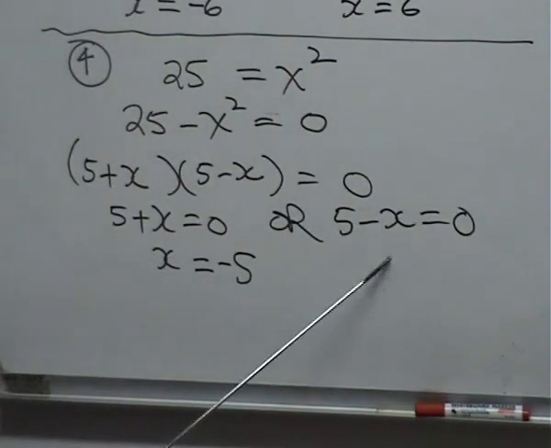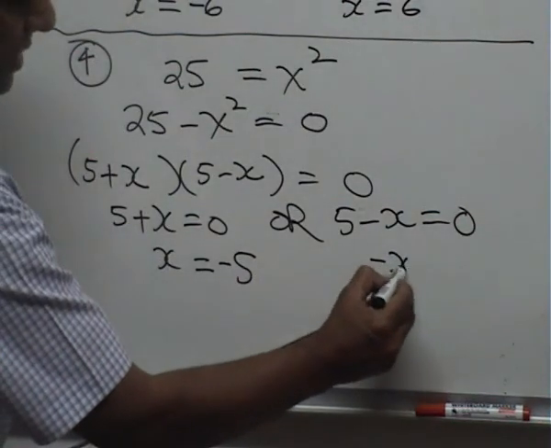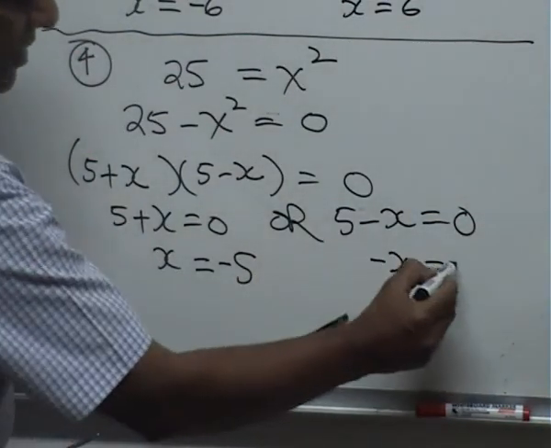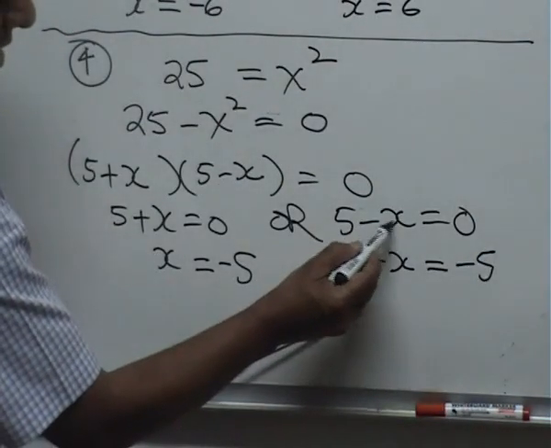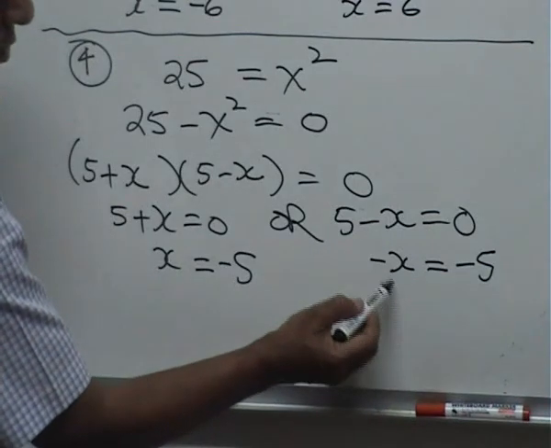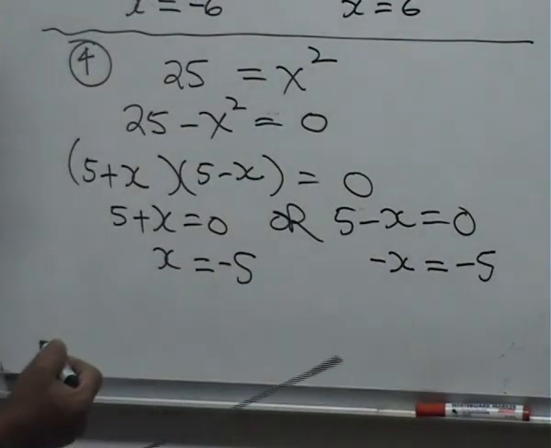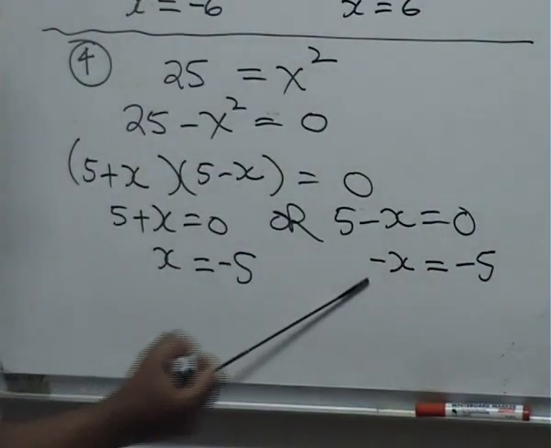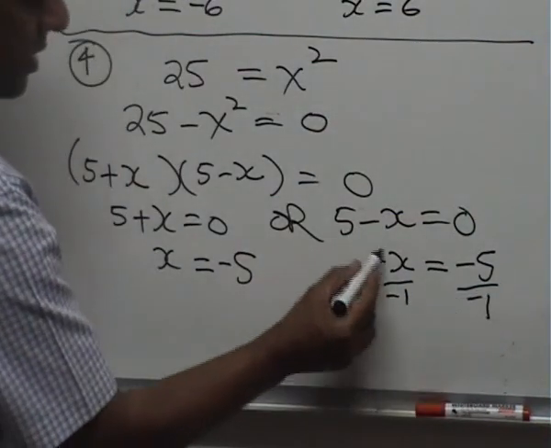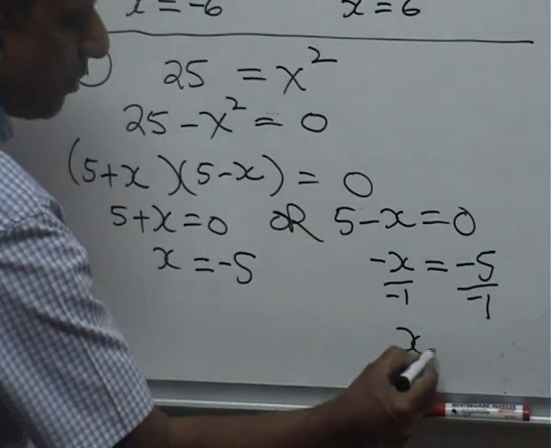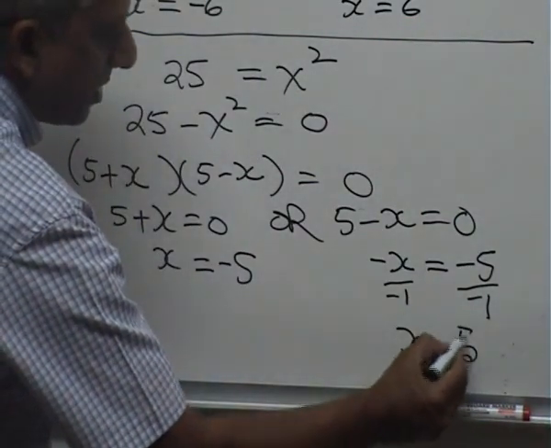Now be careful with this example. You see, there's your minus x. If you take the 5 across, it becomes minus 5. You see, that's minus x, that minus belongs to the x, so it goes down there like that. 5 goes across, it becomes minus 5. Now it's not complete. I've got to divide by minus 1. Now minus divided by minus gives me plus. So there's my